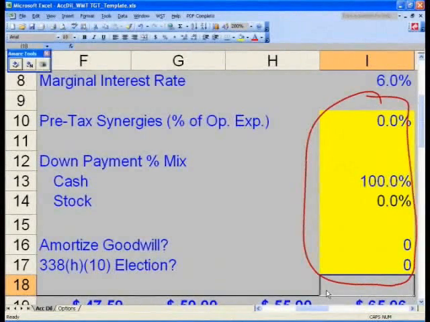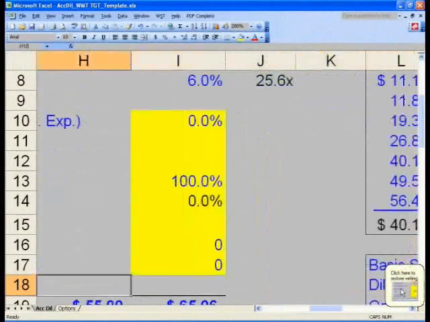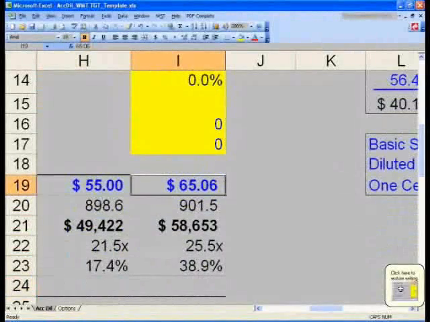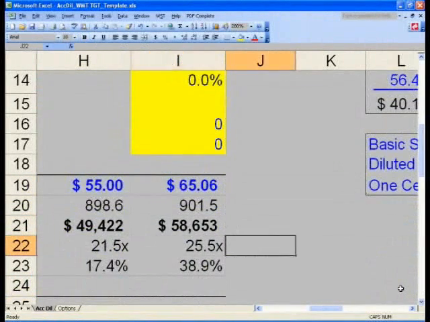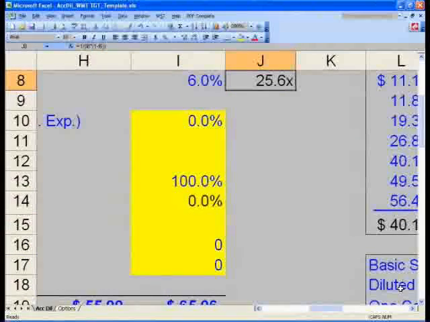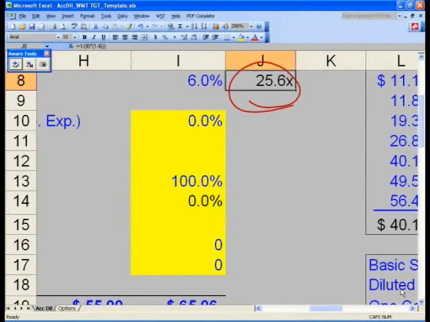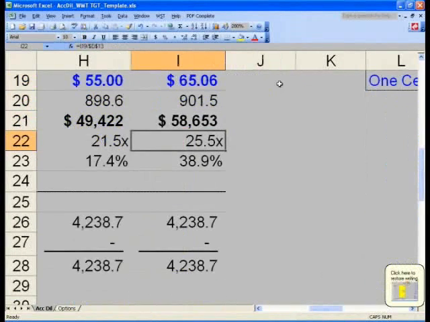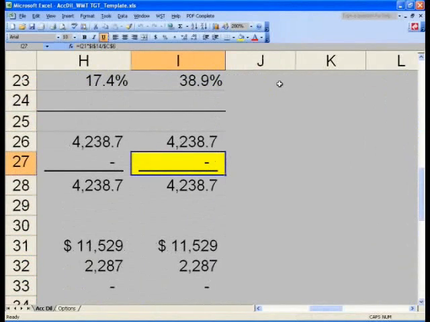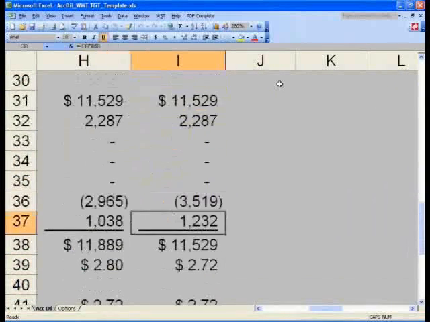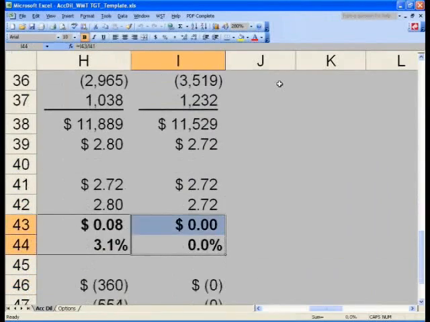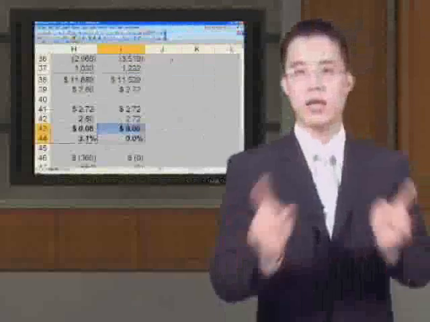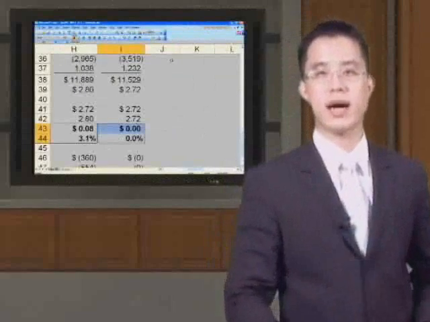And now, once you do that, you will clearly see that in column I, 25.5, very close to our 25.6 PE ratio. Very close to that. The difference is due to our options. That you have exactly, by the way, no stock issued, no synergies, no goodwill, 338, all interest, 0% accretion dilution. Let's now do the same thing for the 100% stock deal. I would like